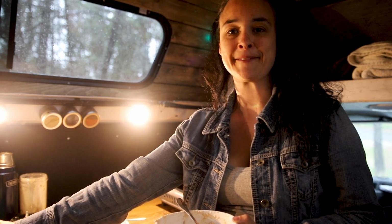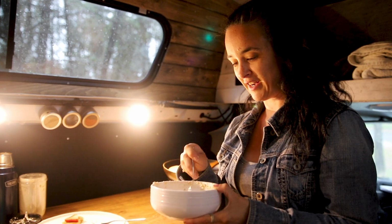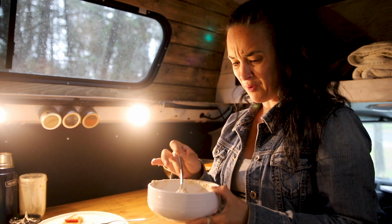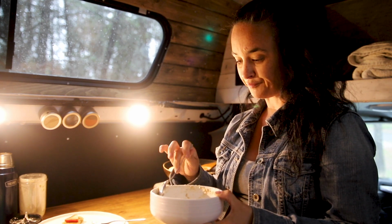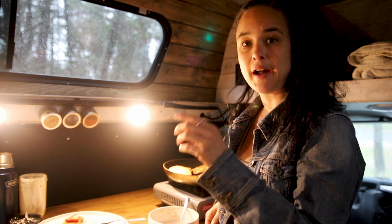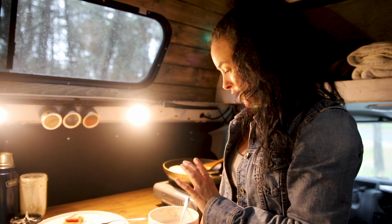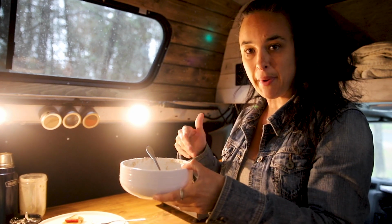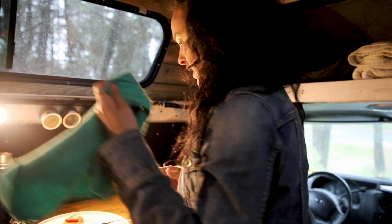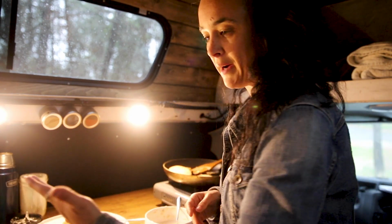You know those days that you're like, oh, that'd be good to have pancake, and after that you realize, oh, I have to clean everything now. So a lot of people ask me what I do for cleaning dishes. It's kind of like a mix if you want. So I still had some water from the kettle for my tea. So I poured that in the bowl that the batter was in, that I have to clean, and a little bit of soap. And I'm just gonna do a big cleanup with this,